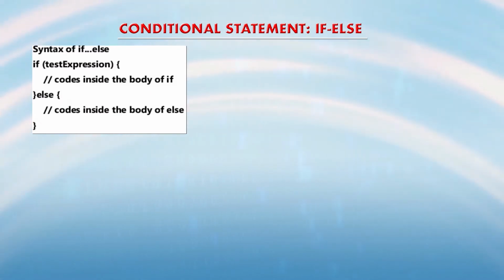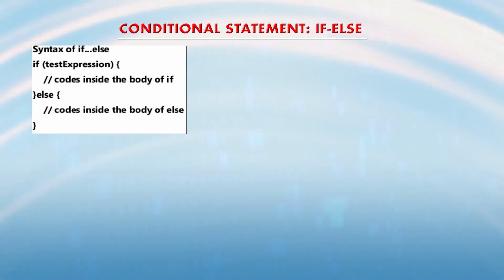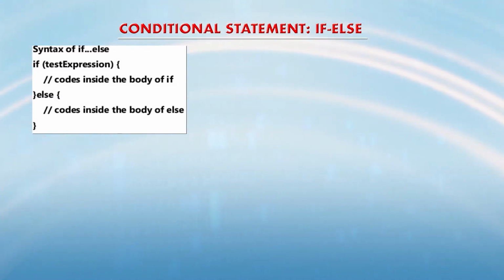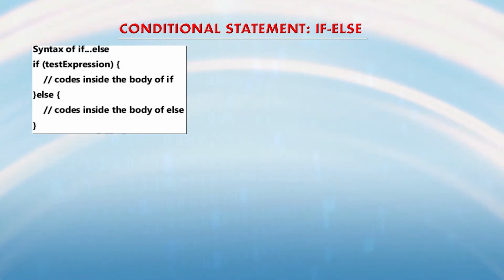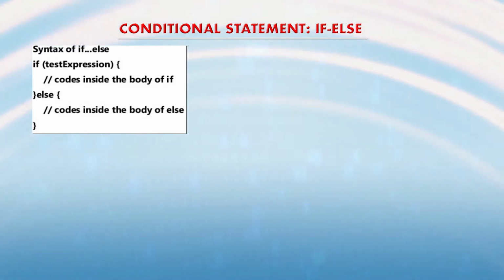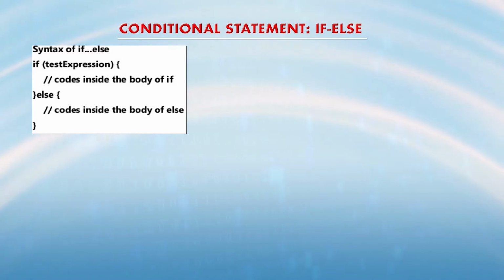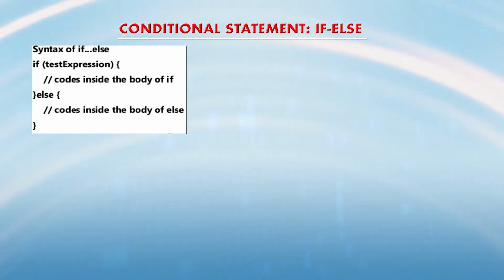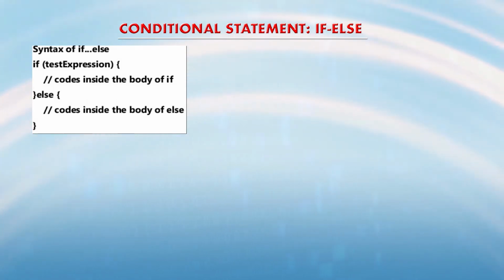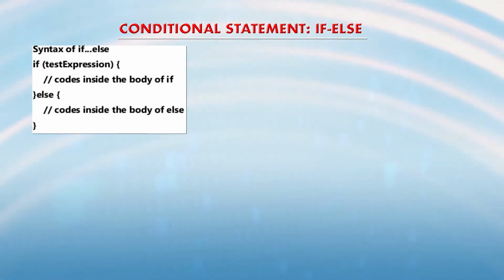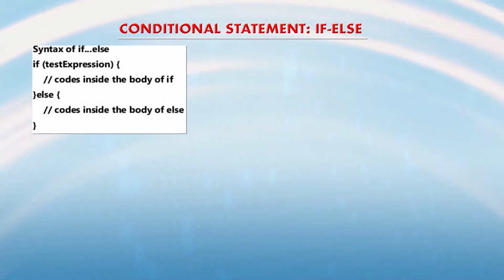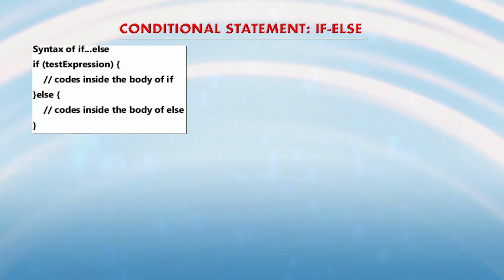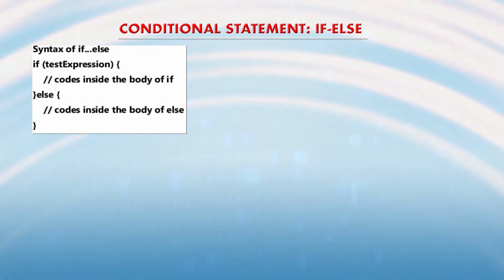Now, secondly, the second conditional statement is if else. That means, if something is true, then do this, otherwise do this. To understand this, the syntax of the if else construct is discussed: if some test expression is given, then within the braces you can write what is to be done, the sequence of statements. After that, the else construct is called, and within its braces the sequence of statements is given, where you specify what is to be done if the test expression is not true.